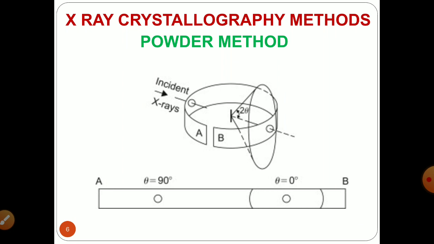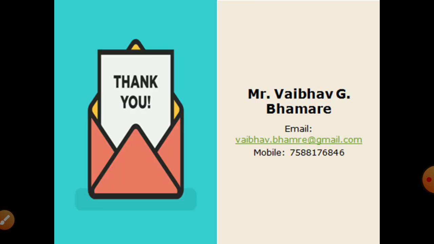So you are having double reflection, that is your 2 theta, and by putting these values into Bragg's equation, you will have the values of n and d, which will be responsible to analyze the geometry or the crystal parameters. So this was about analysis of crystal, where you can use Bragg's equation and the X-ray diffraction techniques. Thank you.